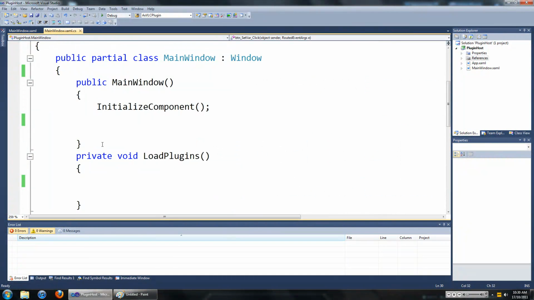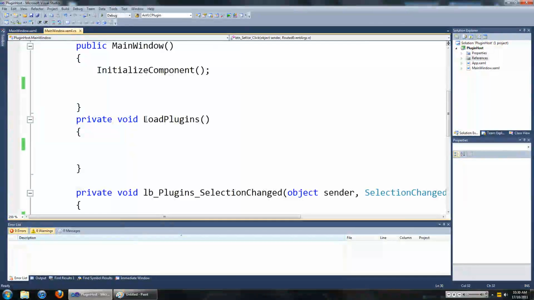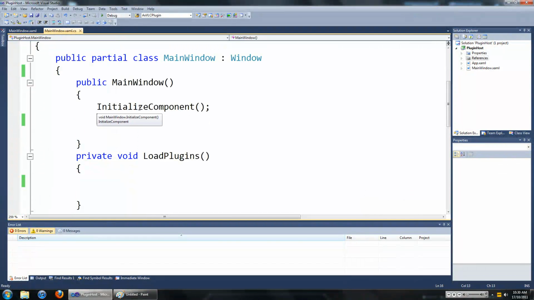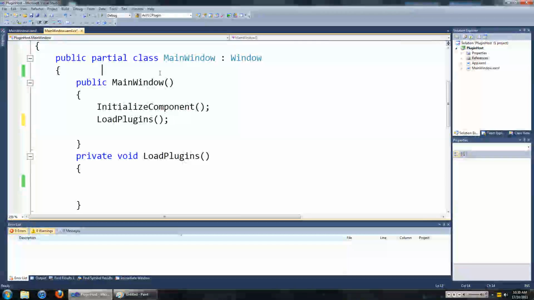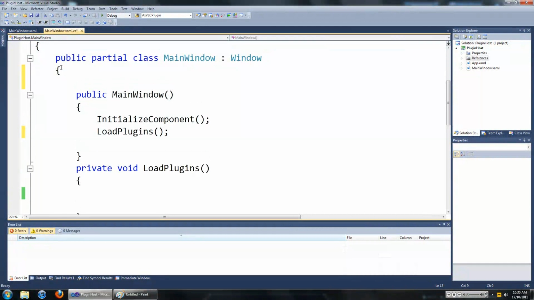So we've got a load plugins method here, but we don't call it. So we're gonna call load plugins when the main window initializes. I'm gonna go load plugins. Okay, and we also want to add a new list to store all the plugins.